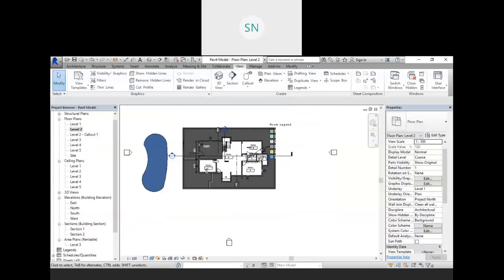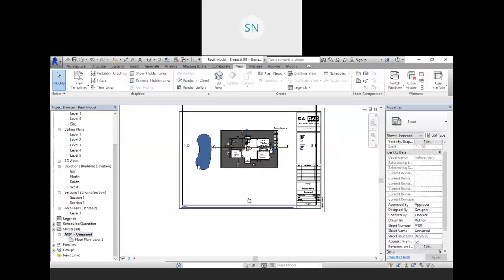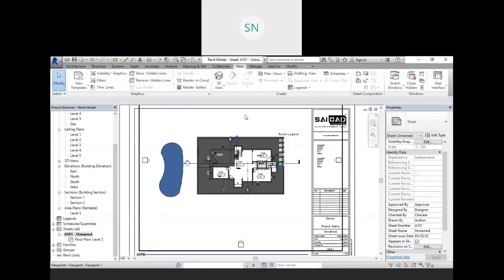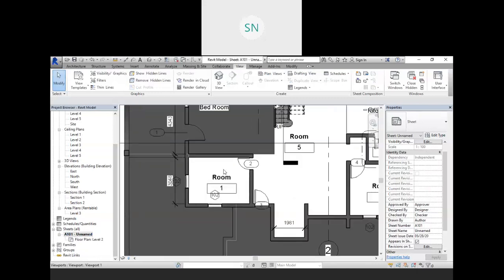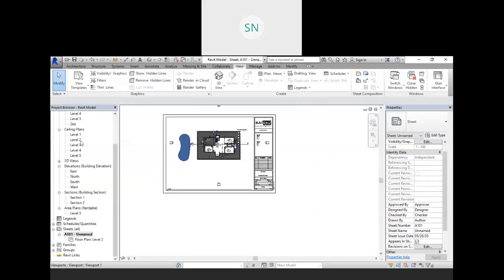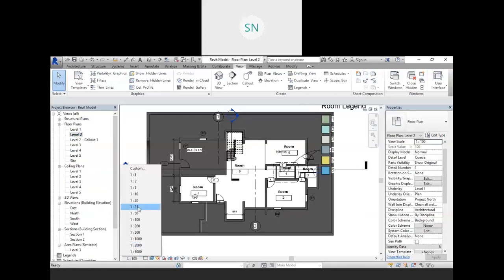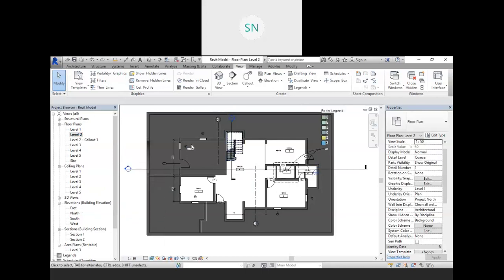So what happens, our text is going smaller, but this is not the exact thing. Go to the drawing paper and see, our drawing is going to scale up. Text will be as it is. These have 3 mm height, so it will remain as it is. For example, I am again going to level 2 and I am changing it to 1 to 50. So you notice that these tags are going smaller and smaller, but this is not the thing that happens.